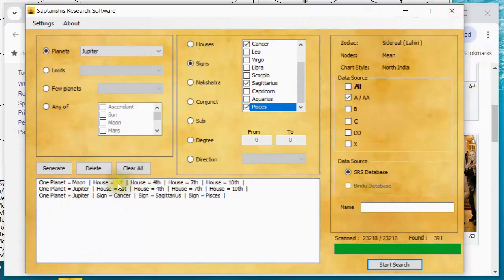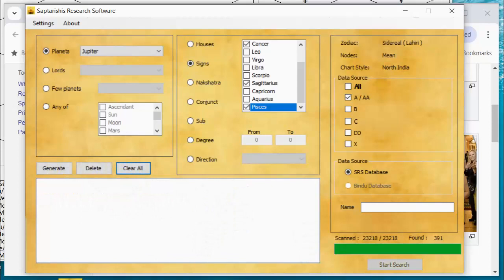So I'm done with this, so I got to clear this field because whatever's in this box is what we search on. I'm going to clear this, so I'll start with a fresh slate. Let's say that I want to search for one of the Pancha MahaPurusha yogas. And so let's say it's Hamsa yoga that I'm interested in. Well, there's Jupiter already set here.